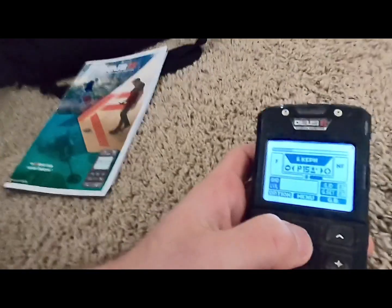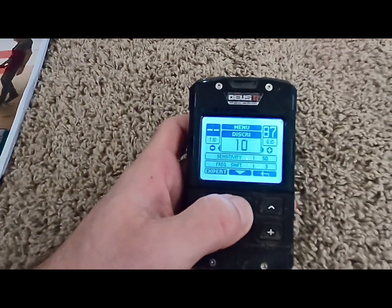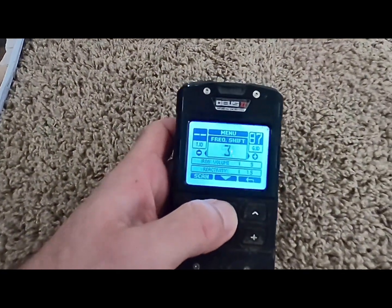Let's see. I had one question. Oh yeah, pitch. This is a little confusing. So the frequency of the pitch of the sound is 100 hertz. When we adjusted our iron down to 100 hertz, that's the frequency of the pitch of the sound, right? Pitch mode is entirely different. So if I go back in the menu, oops,